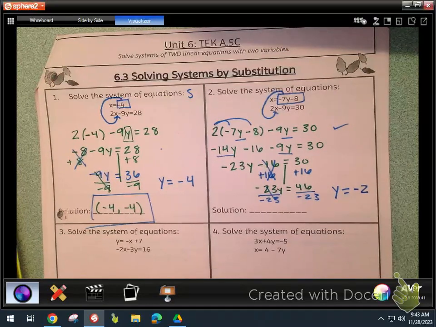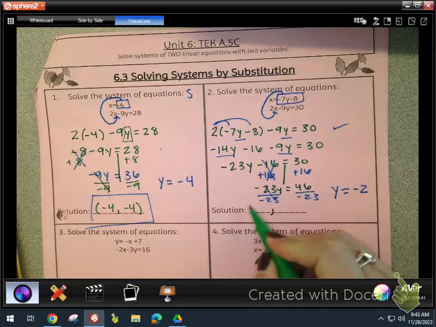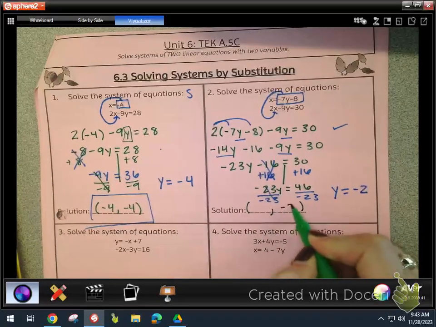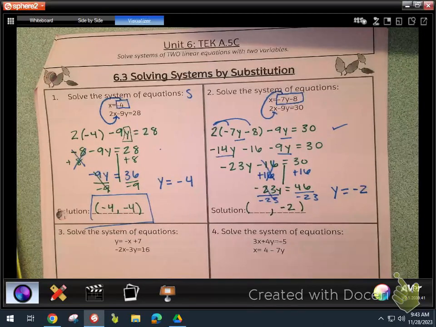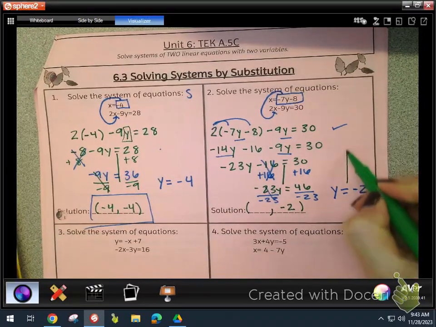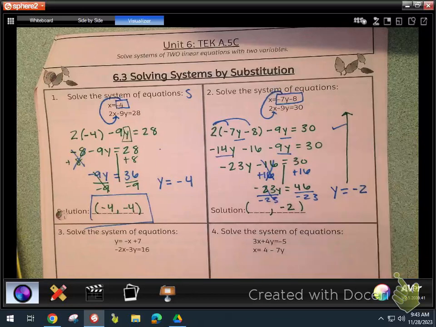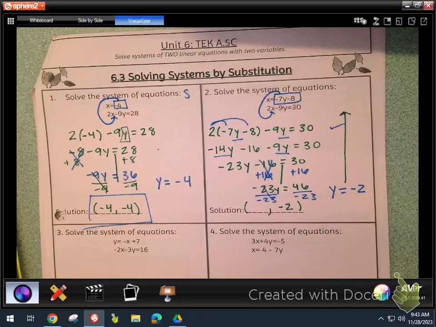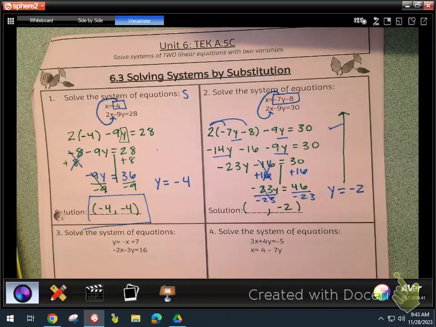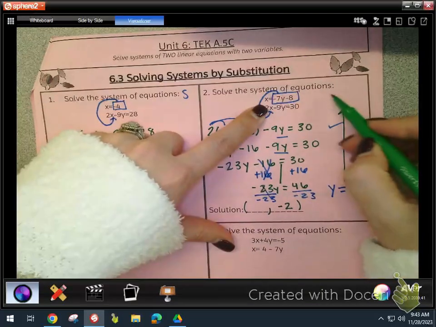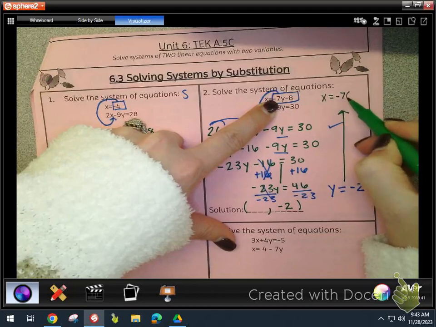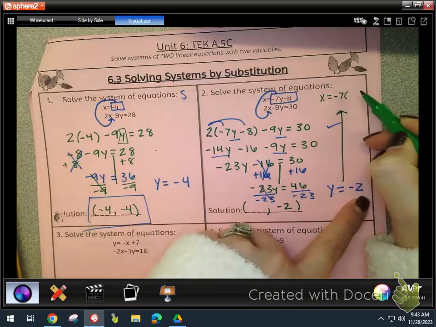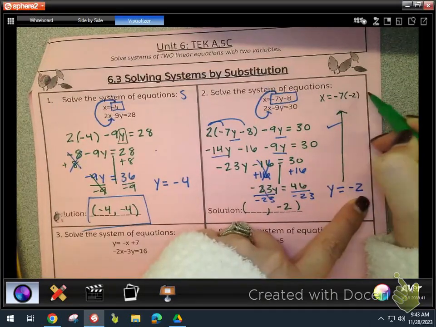Are we finished? No. Did we find both points in the solution? We found the y. I can go ahead and fill that in. But what do we need to go back and find? So now we're going to go back to the top. Up arrow to the top. Back to the box. This is the final step. And this is quick. What is x equal to? Negative 7y. But what do we know y is? It's negative 2. So we're going to sub again